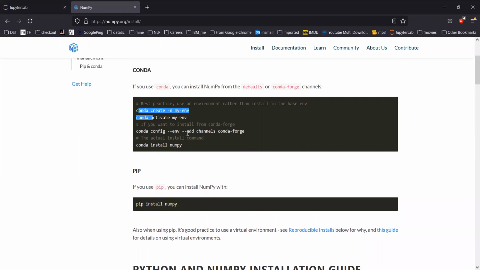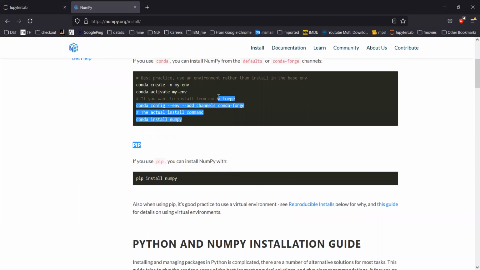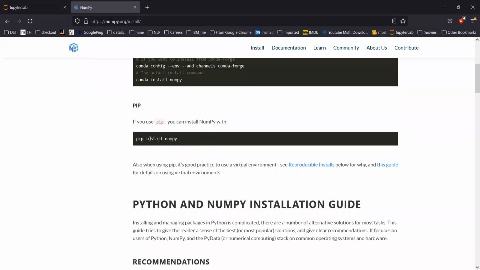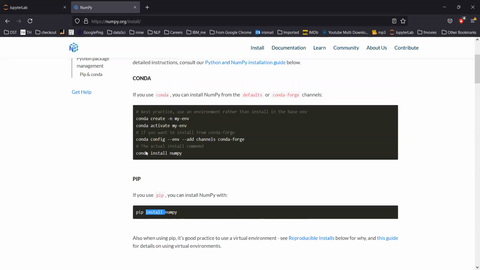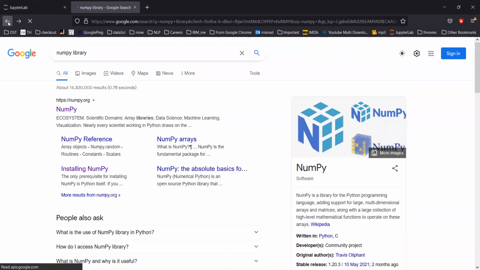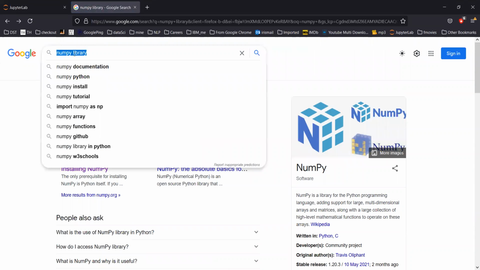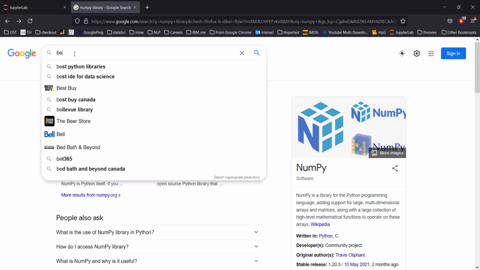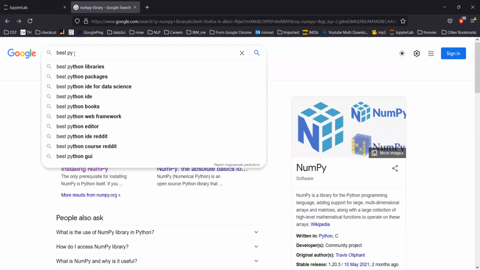Okay, this is an Anaconda way. I'll explain at the very end why you should or should not use Anaconda. So forget about Conda as of now. But pip is very simple. Pip install numpy. There is SciPy, there is Pandas. So if you get a chance, simply search. You can simply search for the best Python library for whatever you're interested in.